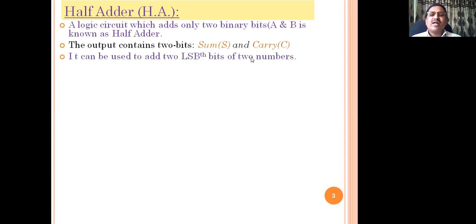See here, this type of circuit is basically used only to add two binary bits present at the LSB position of two binary numbers. For the rest of the bits' addition, we require 2 bits from each number and one carry from the previous addition, where half adder is not suitable to add 3 bits. It does only half the work, addition of only two binary bits without carry input. Hence, it is called a half adder circuit. We'll go for construction of this with the help of logic gates.